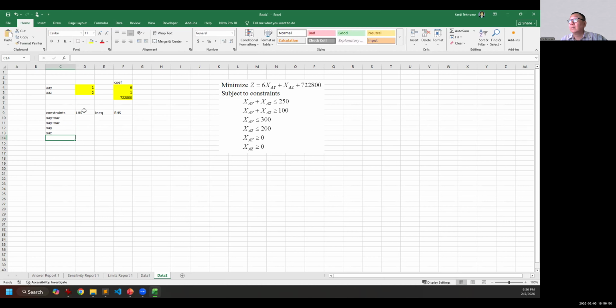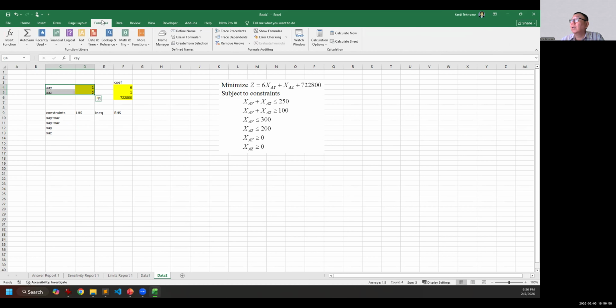So now let's give a name to the variable. Then you go to the formula, create from selection, and then click OK. There. Then check. You will see the variable's name in the name box. The same thing here.